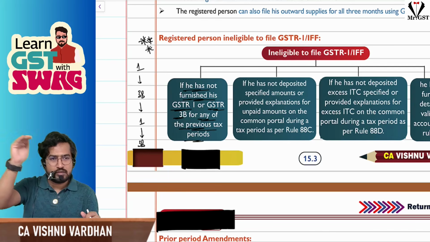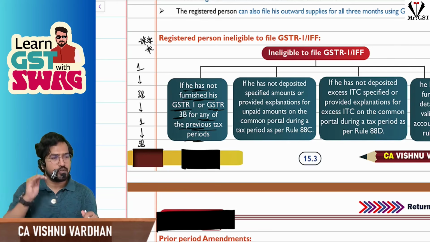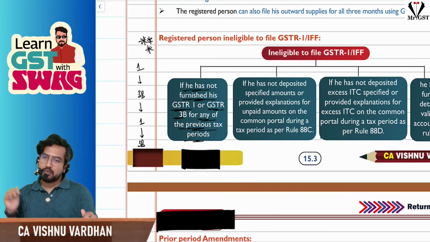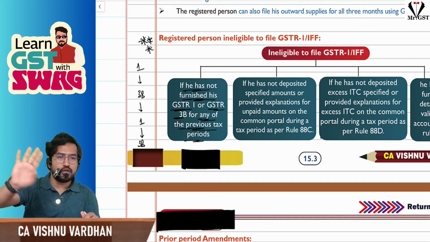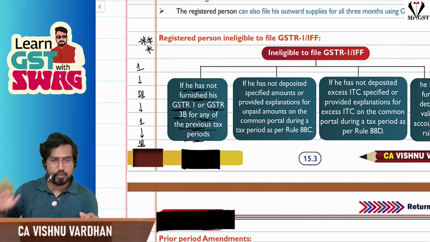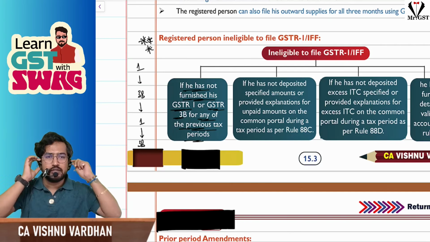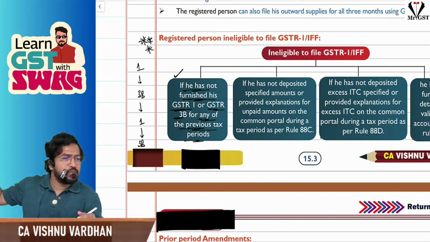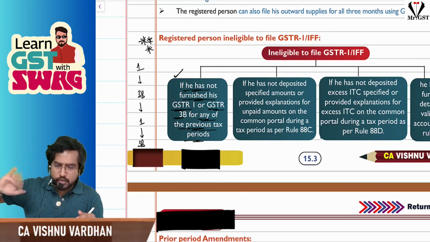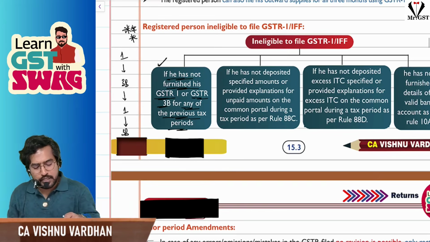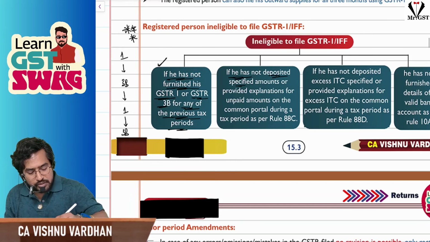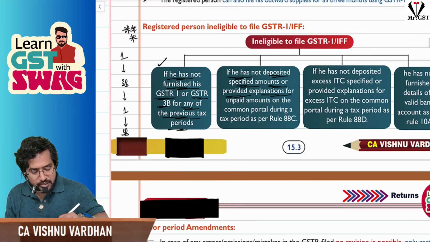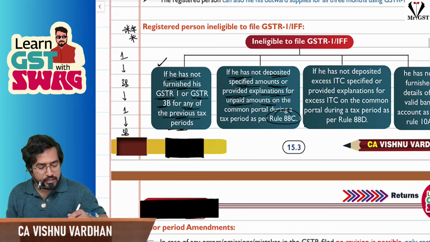Jan GSTR 1, 3B, then Feb GSTR 1, 3B, then March GSTR 1, then 3B. Like that, you should go in order. You cannot break the order. You cannot skip the line. Am I clear? Shall we proceed? So you tell me, sir, if you have not filed the previous period 1 or 3B, can you file next one? Obviously, no. Next, he has not deposited specified amounts or provided explanation for unpaid amounts under Rule